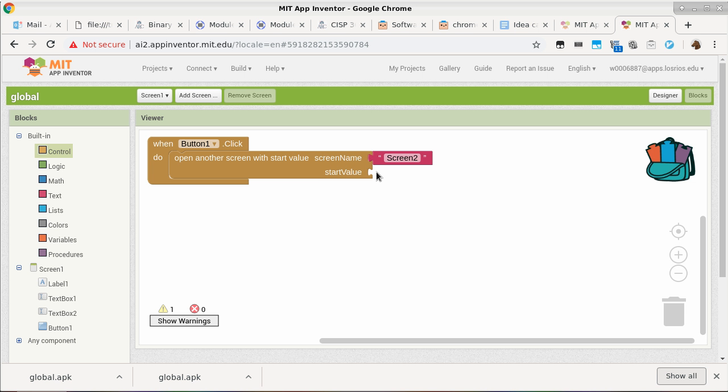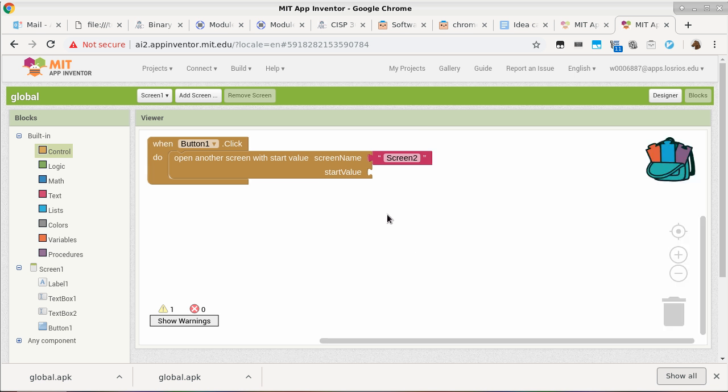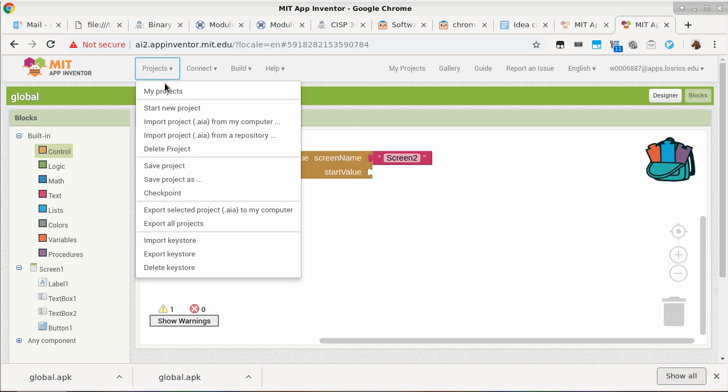Wait. So, yes, go ahead. If it can't be a list, how can you use the JSON? Well, JSON is text. I guess it's taking the list and turning it into text. Yep. I'm still thinking of it as a list. Okay, so this is where the backpack comes in handy. So I have to go back to my projects.